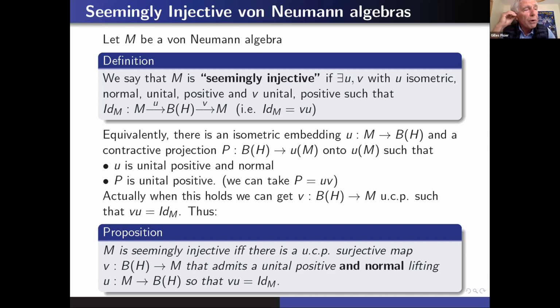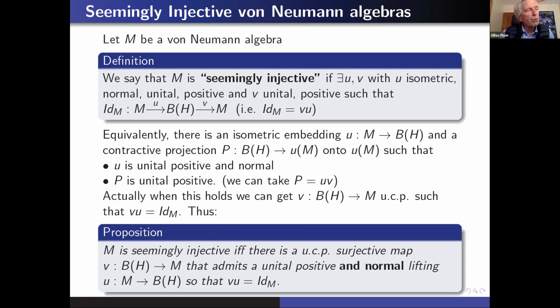So another way to formulate what is going on here is that we're interested in algebras M that we call seemingly injective, which are such that we have a unital completely positive surjective map, an onto map from B of H onto M that has the property that it admits a unital positive and normal lifting. So that's the first connection with the lifting problem. Okay, so once again, M is seemingly injective